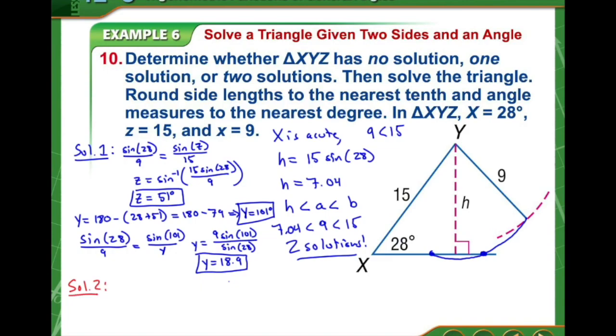You might be wondering, well, how do we do this, right? What do we need to even do to start this? Well, the process of finding what z was gave us a decimal, basically, that we did the sine inverse of, right? But remember, sine is positive in both the first and second quadrants, which means there's also an angle that gives us the same decimal when you do sine of it that's in the second quadrant. So sine inverse of the decimal that we had, that sine of 28 over 9,